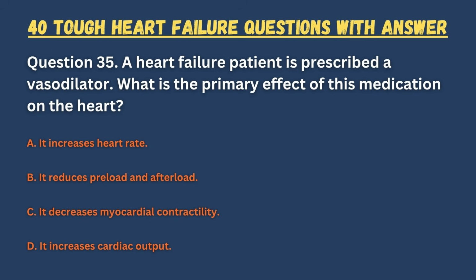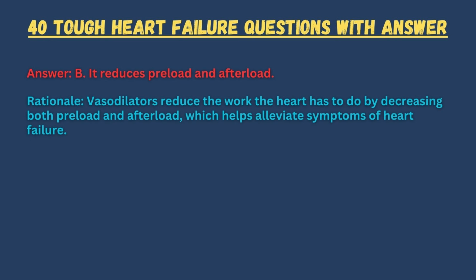Question 35. A heart failure patient is prescribed a vasodilator. What is the primary effect of this medication on the heart? A. It increases heart rate. B. It reduces preload and afterload. C. It decreases myocardial contractility. D. It increases cardiac output. Answer. B. It reduces preload and afterload. Rationale. Vasodilators reduce the work the heart has to do by decreasing both preload and afterload, which helps alleviate symptoms